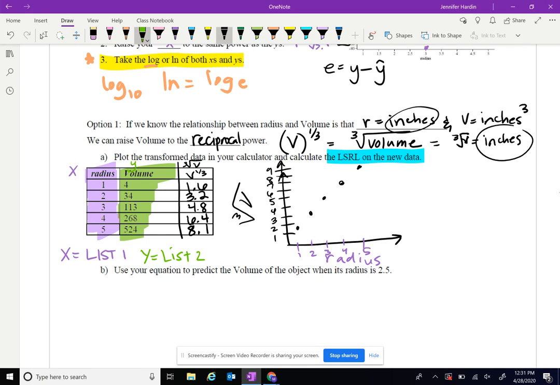And then you have your transformed y's, which should be the cube root of your y values, in list 3. So if you want to use your calculator to show this scatter plot of list 1 versus list 3, then to find the least squares regression line, you go to Stat, Calc,